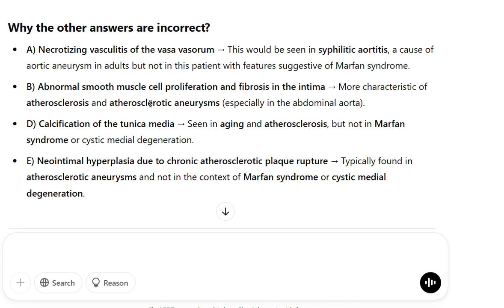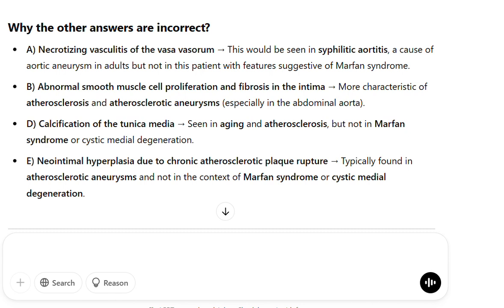Why the other answers are incorrect? A. Necrotizing vasculitis of the vasa vasorum. This would be seen in syphilitic aortitis, a cause of aortic aneurysm in adults, but not in this patient with features suggestive of Marfan syndrome. B. Abnormal smooth muscle cell proliferation and fibrosis in the intima, more characteristic of atherosclerosis and atherosclerotic aneurysms, especially in